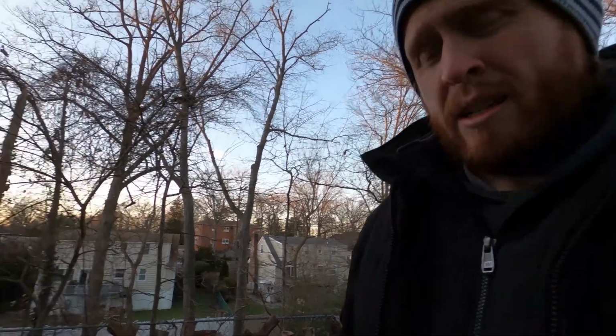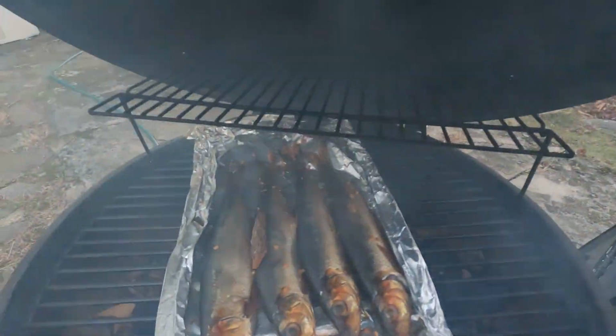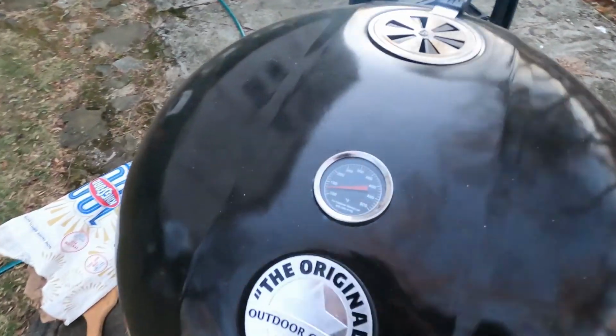Just recently the temperature started going down below like 150, so my wife and I added just a couple more briquettes on each side. But I'll just give you a quick look. I don't want to lose too much heat here. Okay, so they're still going. Oh, there's a piece of wood on them. I think this will actually get a little smokier soon because there's some wood that I just put on there. But if you look at the temperature,